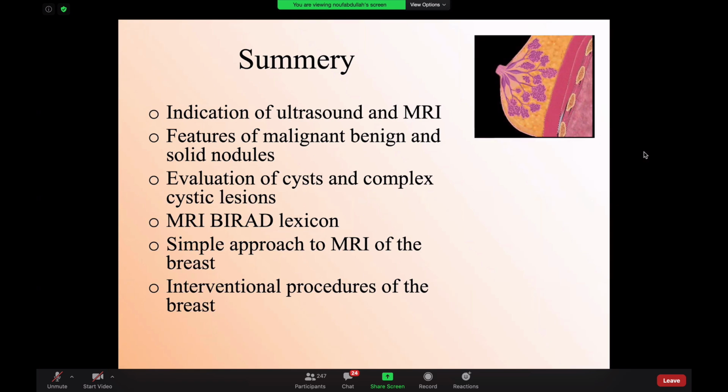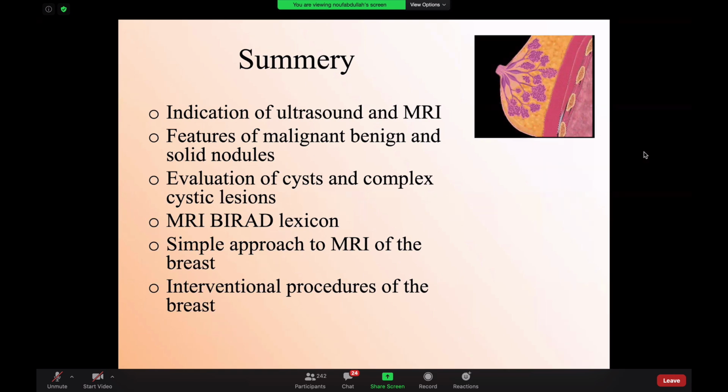I think it's a good thing to know about the update that rapid wash-in is suspicious for malignancy, but for exam purpose, I would always talk about the type of the curve. So progressive, washout, or plateau, because this is what comes in the last edition of BI-RADS, it does not state that wash-in is the only feature. Wash-in is very helpful in cases of screening breast MR, because in cases of screening, we do what we call abbreviated breast protocol, meaning that we do only the first 2 or 3 phases of breast MR.